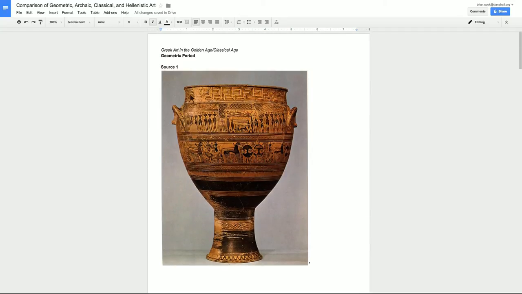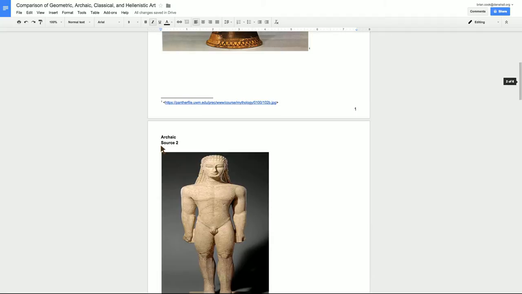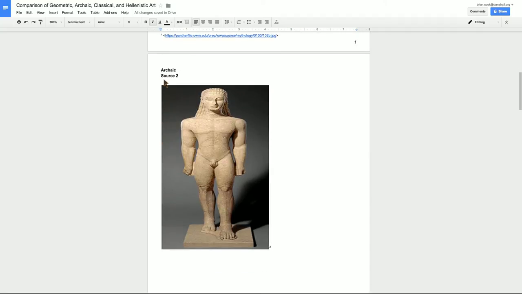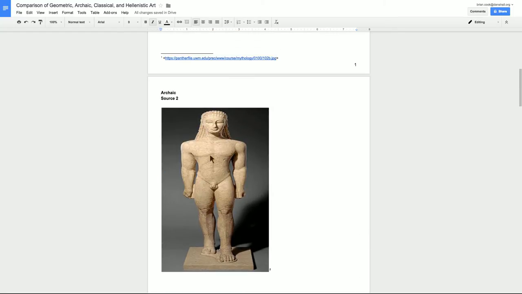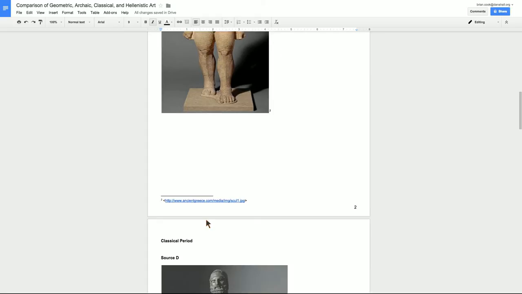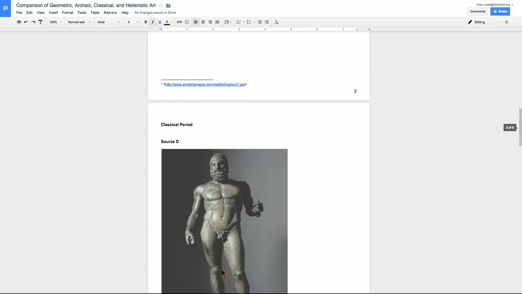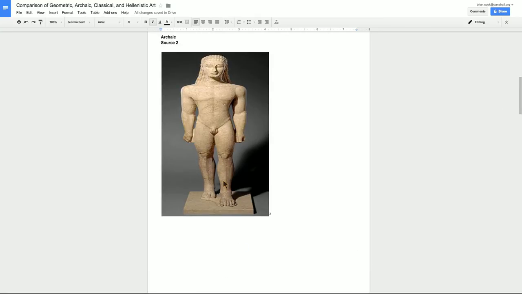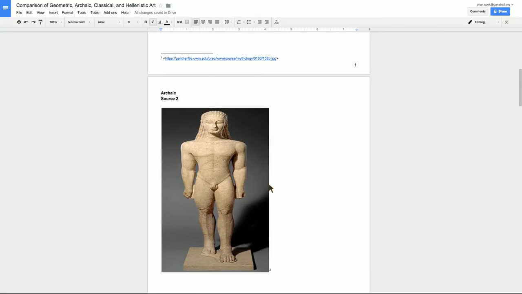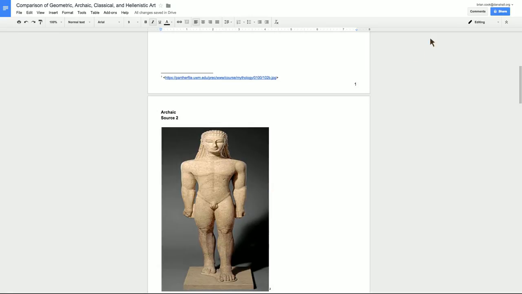I think that we'll separate out archaic into its own category apart from either geometric or classical. So we'll call this archaic art. It's sort of a transition. We can see a lot of geometric features, but also some classical features, in the sense that we're getting an idealized, stylized to be sure, but also idealized form of the human